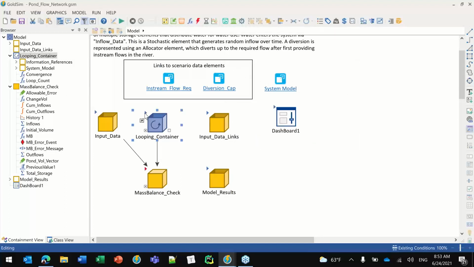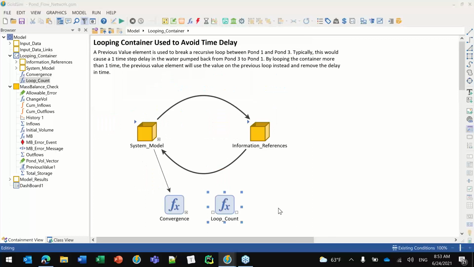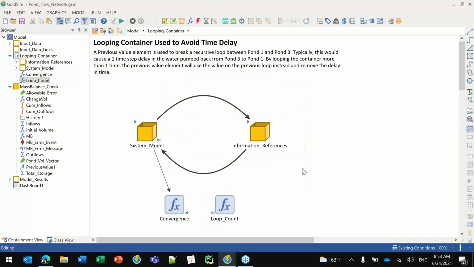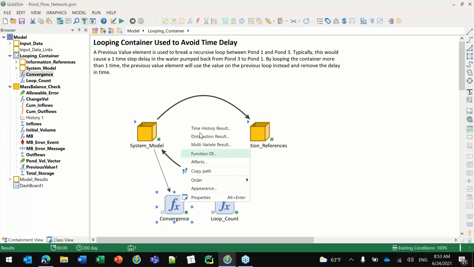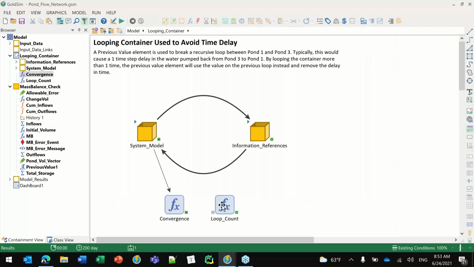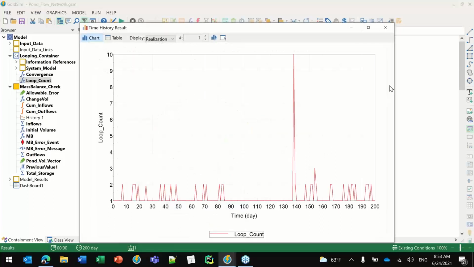So with that, I want to report how many loops we've done. So I'm just going to put that there so I can report it. And now we run the model. Now you can see we have no error, because if I look at our convergence, you can see that we are always the same. And then also, if we look at the loop count, you can see that there are times during the